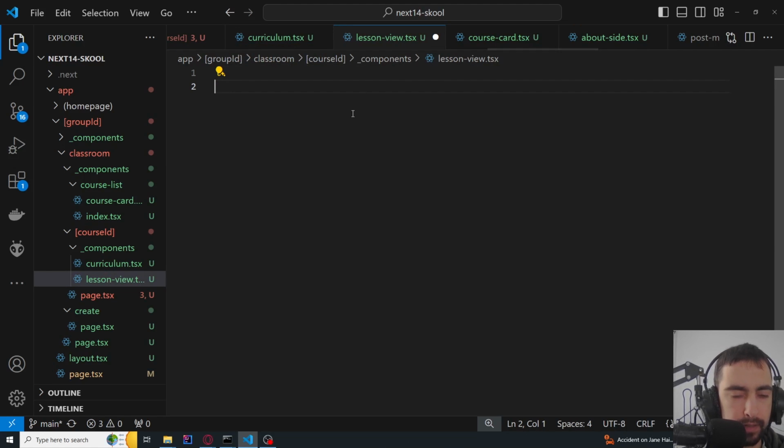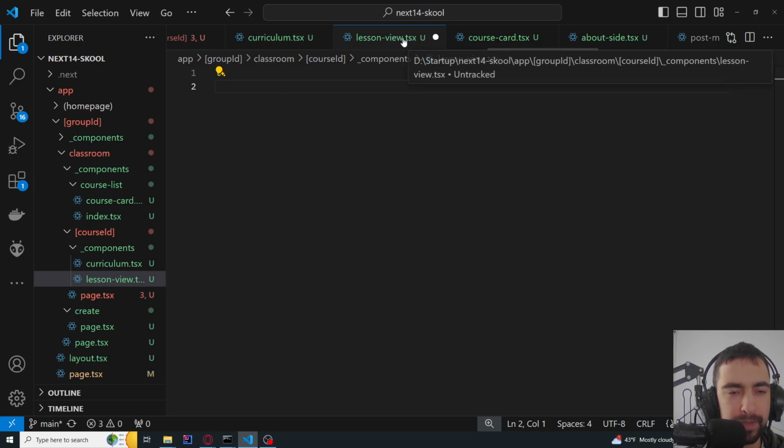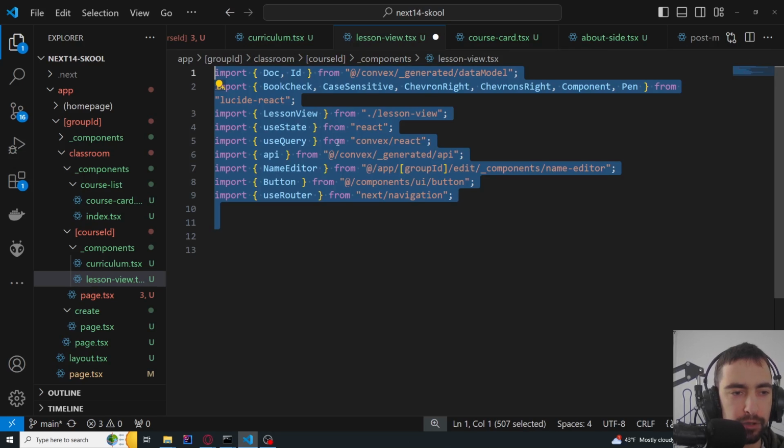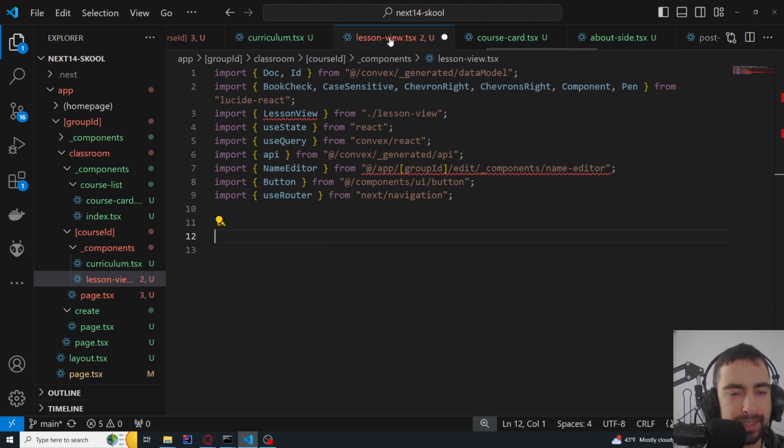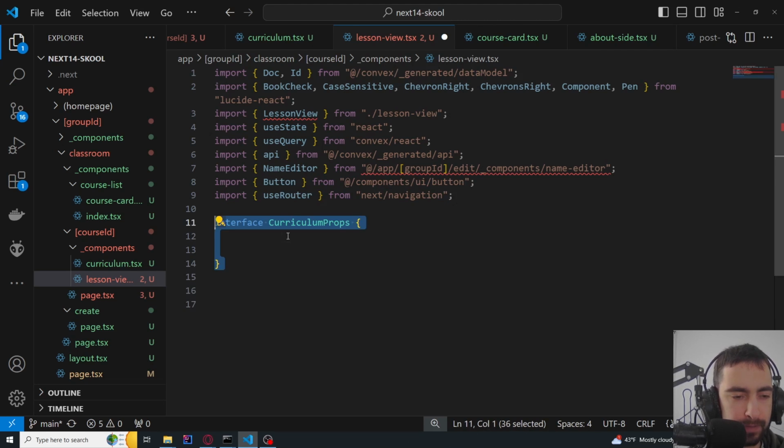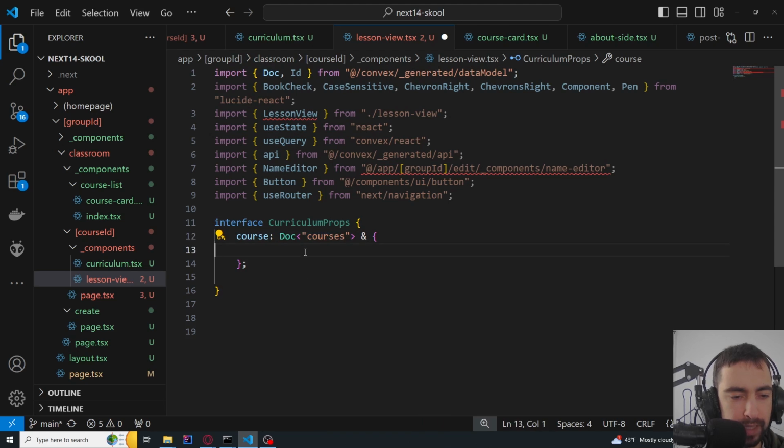So in curriculum.tsx, now I made a bit of a mistake. This is supposed to be, I'm going to rename this to curriculum, not lesson view. So in curriculum.tsx, we have some imports that you don't need to import now, but as we program. And then curriculum props, course, and then it's going to have type courses, but we need